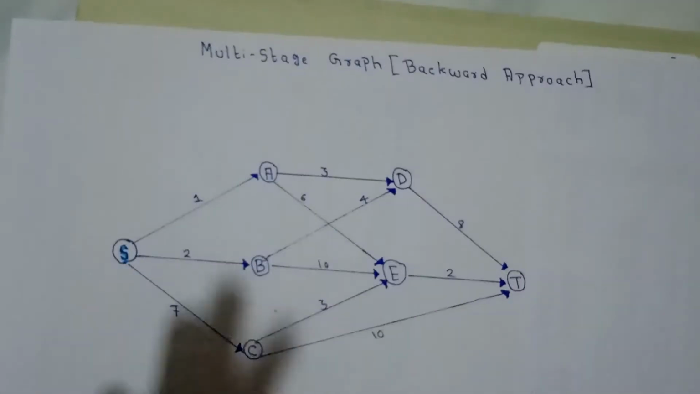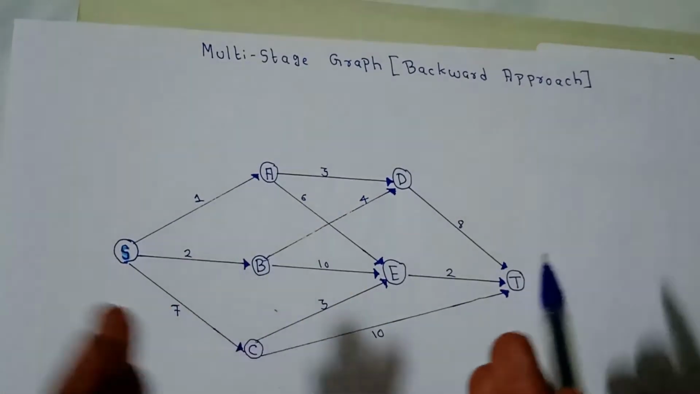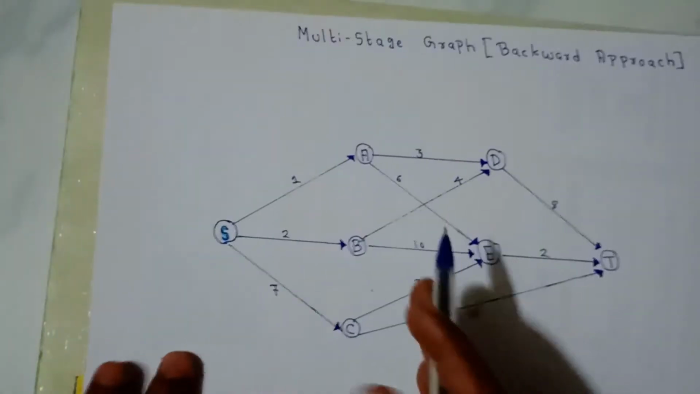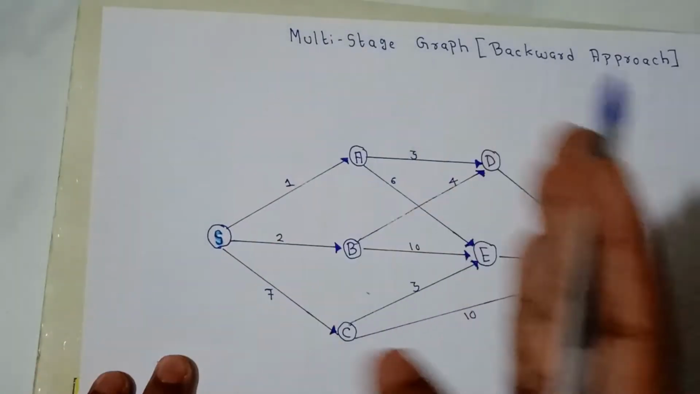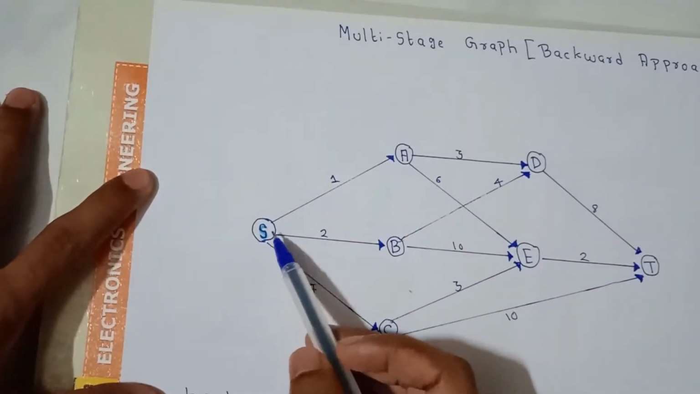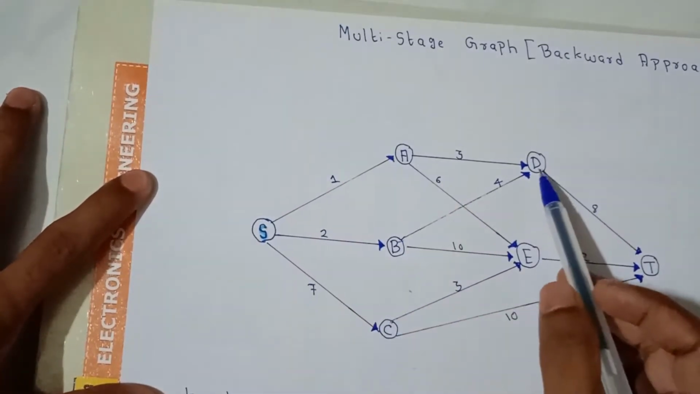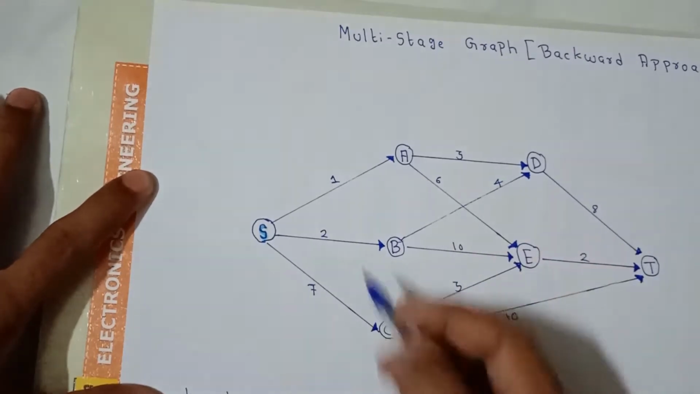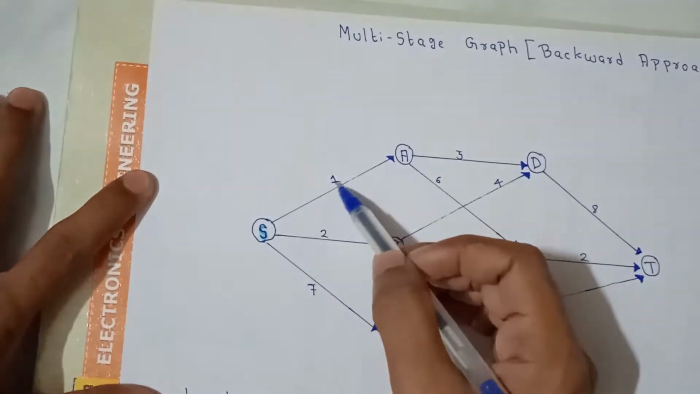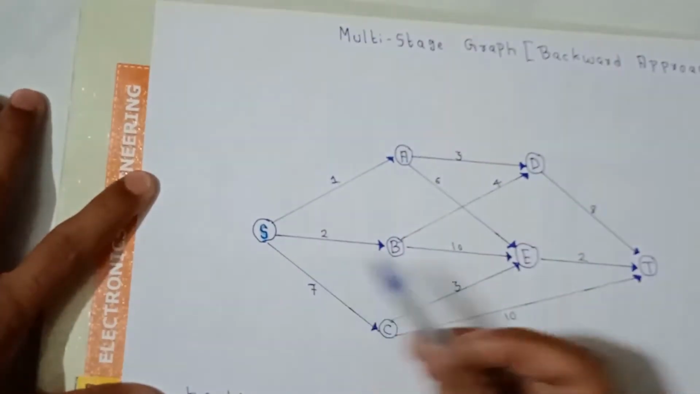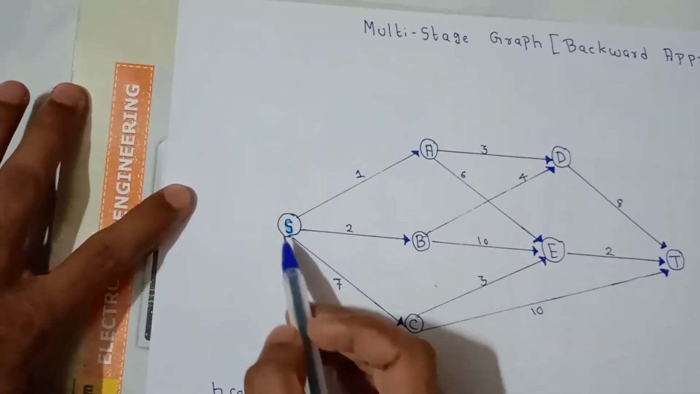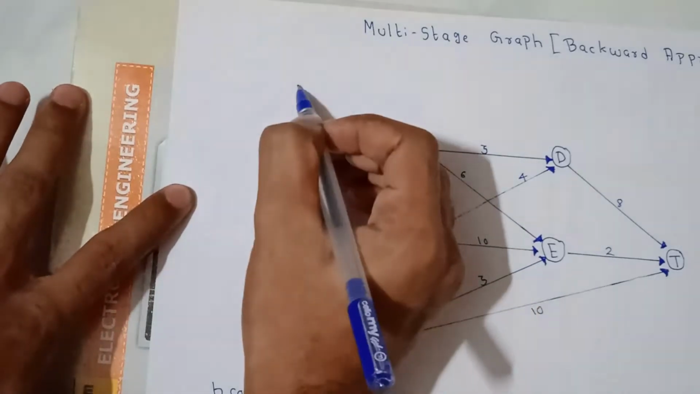A multi-stage graph is a graph which contains nodes and edges connecting the nodes, and the complete graph is divided into multiple stages. For example, this is the complete graph, and here are the nodes S, A, D, B, C, E, T. These are the connecting edges, and each edge has a cost like 1 unit, 2 unit, 7 unit, right? So the complete graph is divided into multiple stages, means this S node is present at